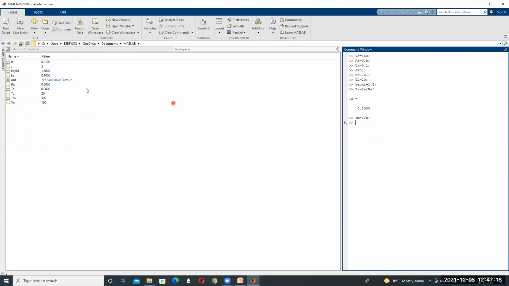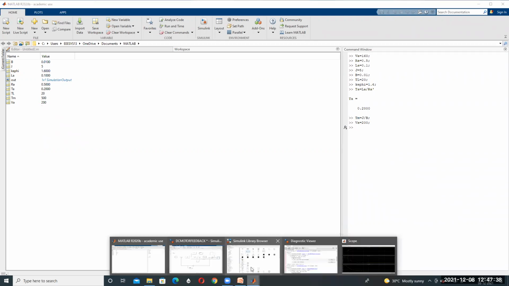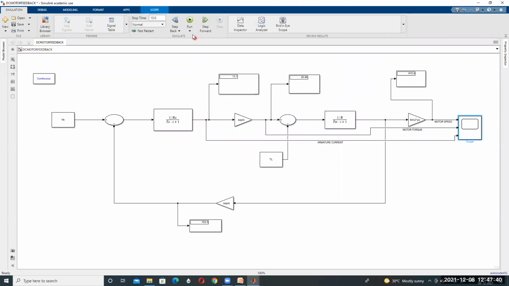I'm taking another value, Va equal to, for example, 200. Take 200 and enter. The new Va changes to 200 volts. Then coming to MATLAB, press the run icon. Our supply voltage is changed from 160 to 200.